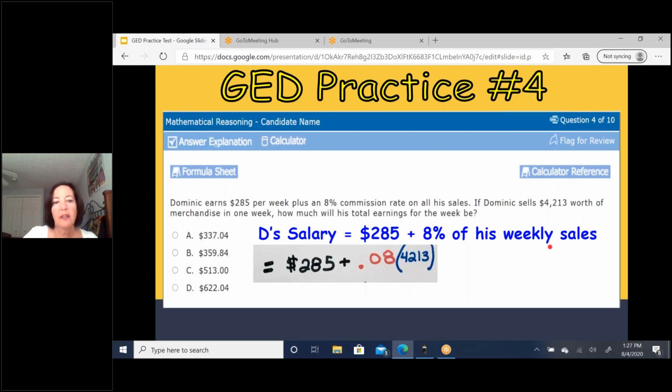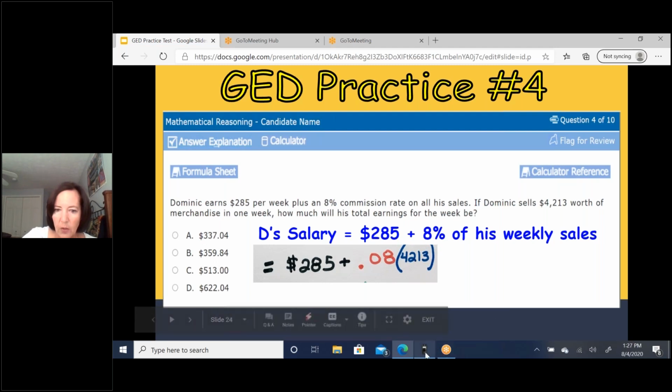So I wrote it up like this: $285 plus, and hopefully you know that 8% can be turned into a decimal by moving that decimal 2 places, and 0.08 is the same thing as 8%. And then we're going to multiply it by the